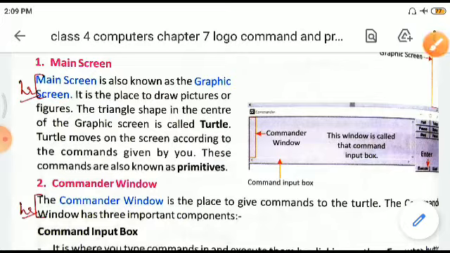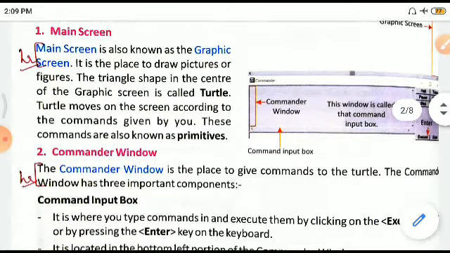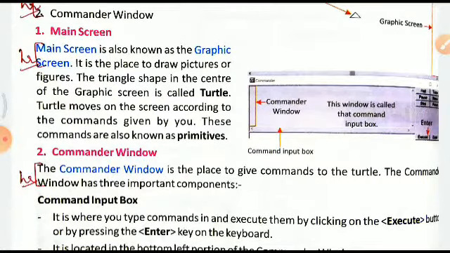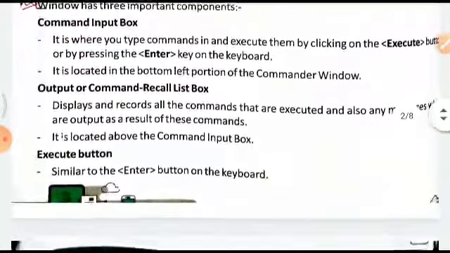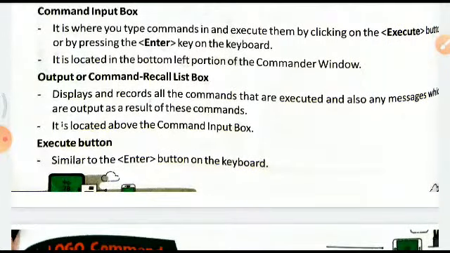The commander window is the place to give commands to the turtle. The commander window has three important components. Command input box is where you type commands and execute them by clicking on the execute button or by pressing the enter key on the keyboard. It is located in the bottom left portion of the commander window.